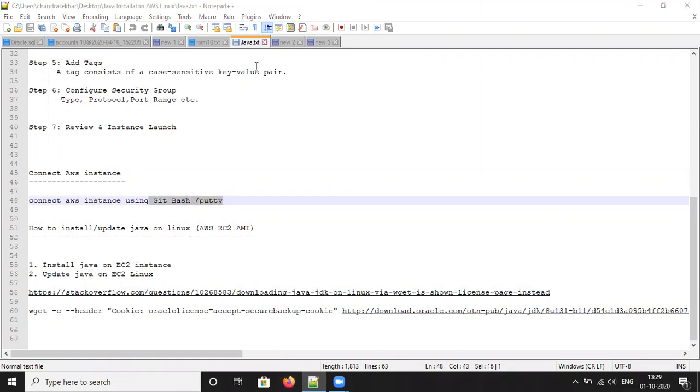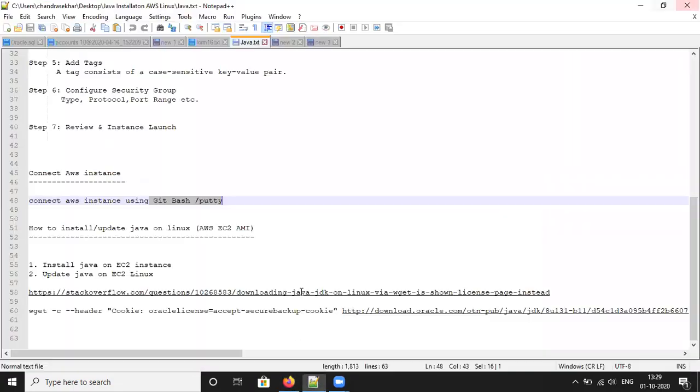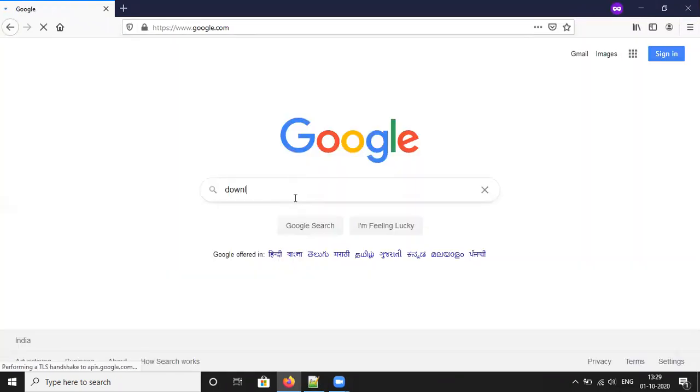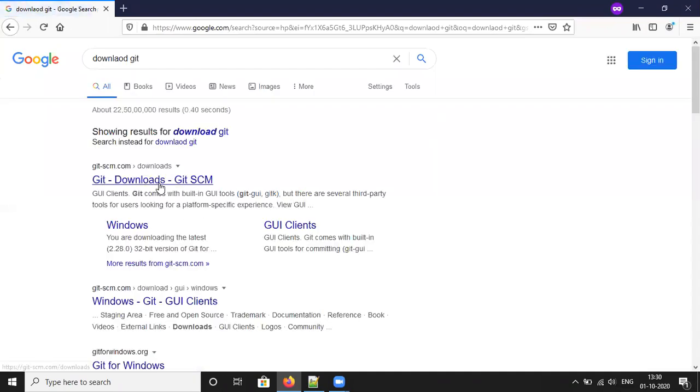You can go to Google. Type download Git. Click on the Git downloads.